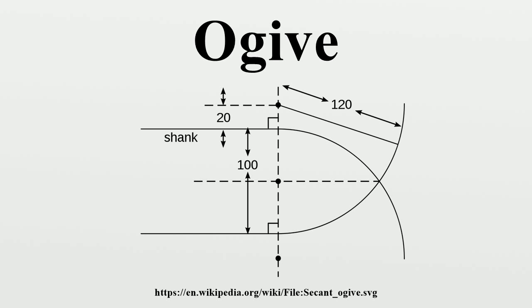Another common ogive for bullets is the elliptical ogive. This is a curve very similar to the Spitzer ogive, except that the circular arc is replaced by an ellipse defined in such a way that it meets the axis at exactly 90 degrees. This gives a somewhat rounded nose regardless of the sharpness ratio. An elliptical ogive is normally described in terms of the ratio of the length of the ogive to the diameter